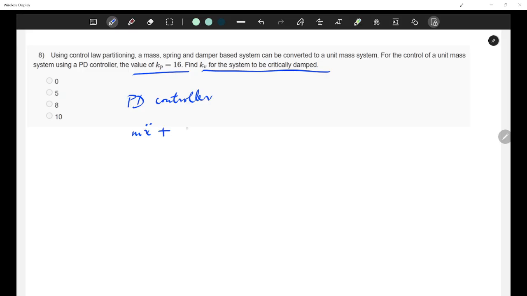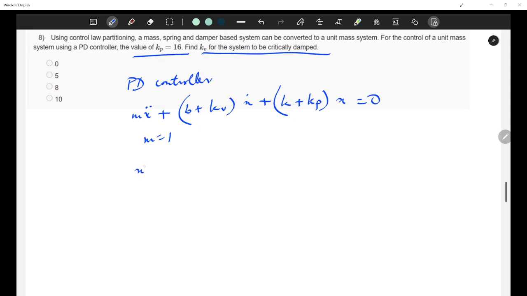Mx double dot plus B plus kv x dot plus K plus kp x is equal to 0. Since the problem states that it is a unit mass system, we take mass to be equal to 1. And then we write x double dot plus B plus kv x dot plus K plus kp x is equal to 0.